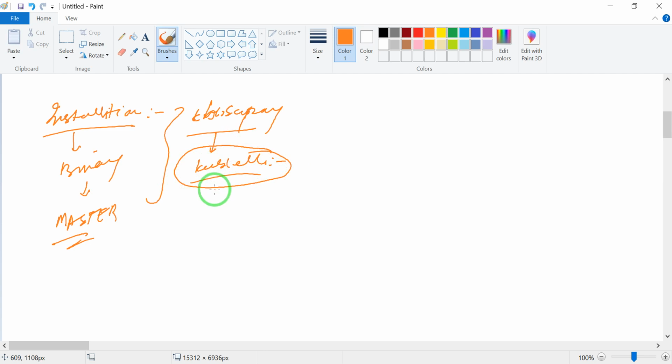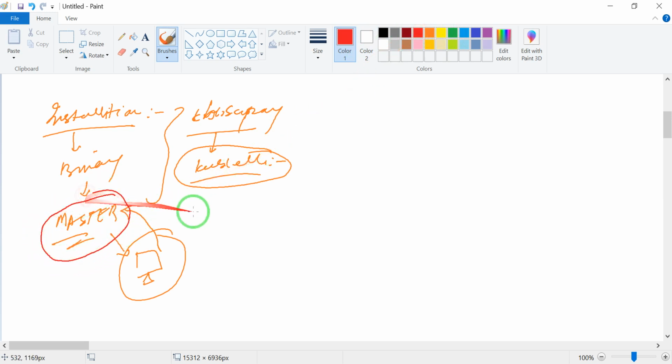If you want to connect to your cluster from elsewhere, you just install it on a separate machine and connect to the master of the Kubernetes cluster. How we can connect to the master, I will tell you in my upcoming videos.